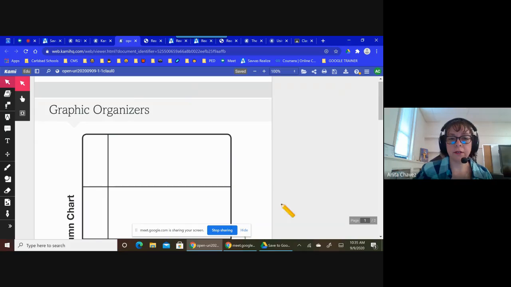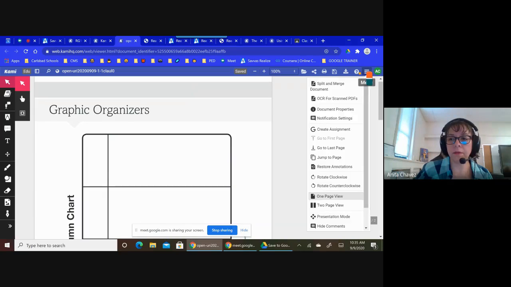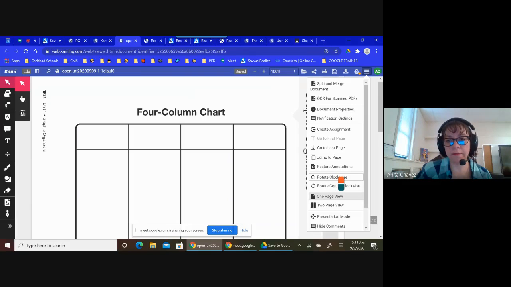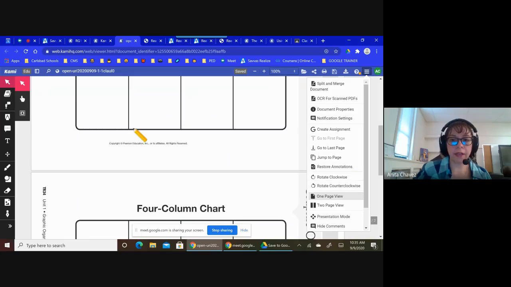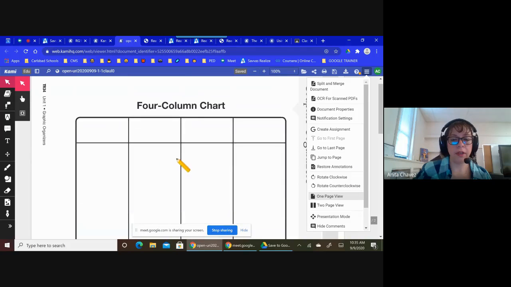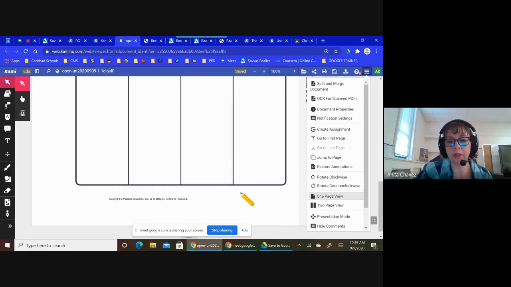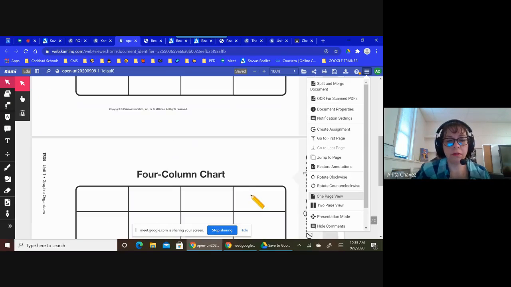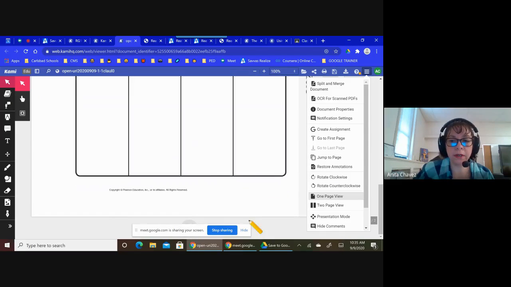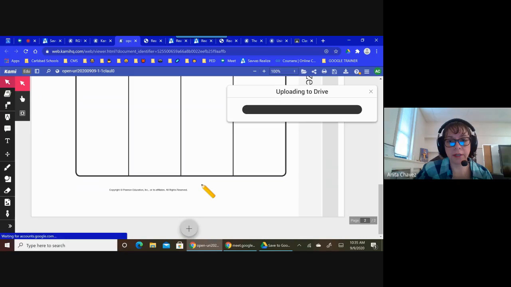As you can see, they're sideways. So I go back to my hamburger and rotate them, and now they are where they need to be. If I want further directions with this, I can always come down here and add a page. But if I want that at the beginning, so if I add a page here,